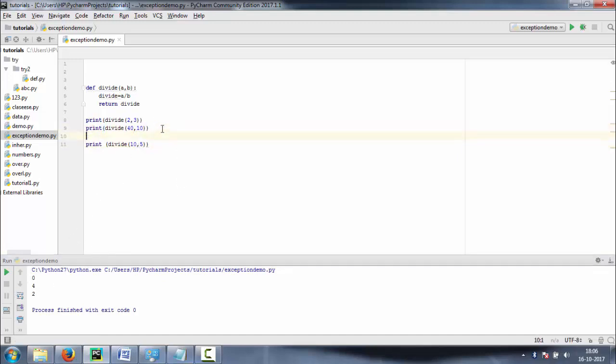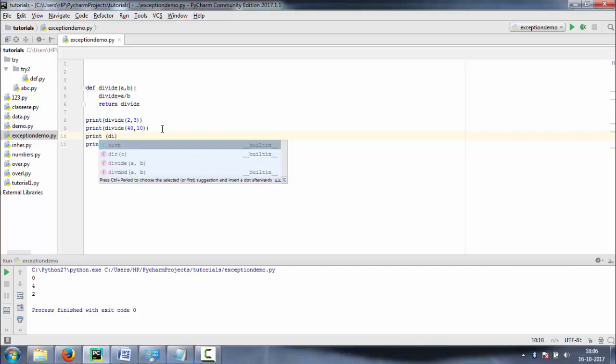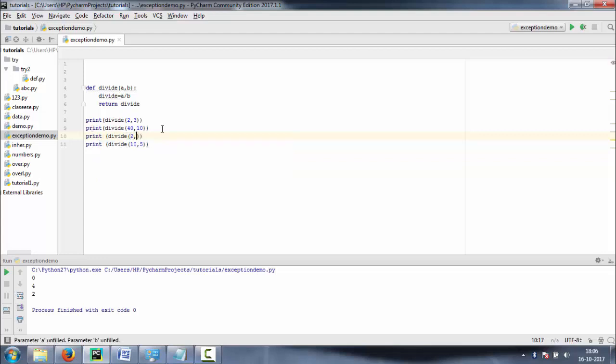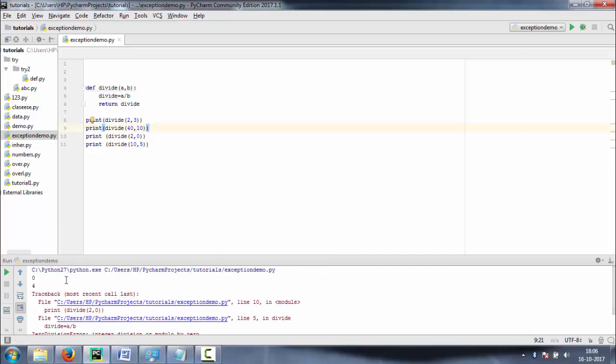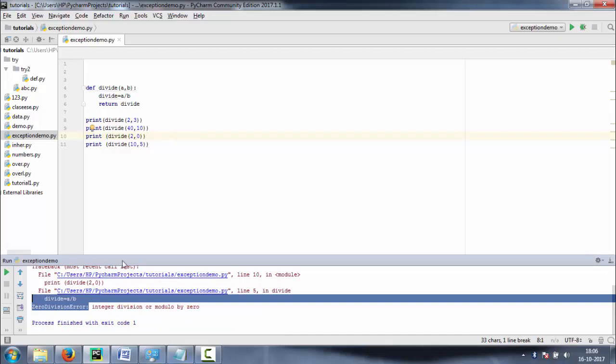Now let's also pass the value where the denominator is 0. Divide 2 comma 0. Now see what happens. It will print the result for 2 by 3, that is 0, and the result for 40 by 10, that's 4, but it gives an exception, zero division error, when we pass 2 by 0, and due to this value, it will not proceed further.